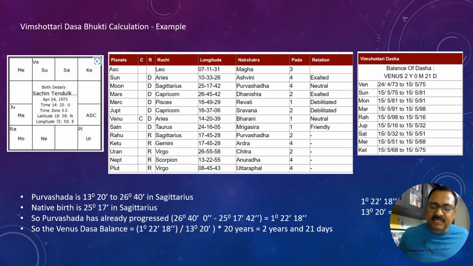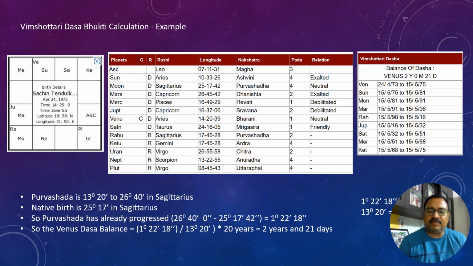So if you don't know the exact time of birth but you know the latitude and longitude, the app can give you an option to enter this and get the exact astrological chart, right? Casting that birth chart of Sachin Tendulkar on the given time and date of birth, we get the various planetary positions. Now we want to calculate the Dasha Bhukti for Sachin Tendulkar, right? To calculate it, let us look at the nakshatra in which Sachin Tendulkar is